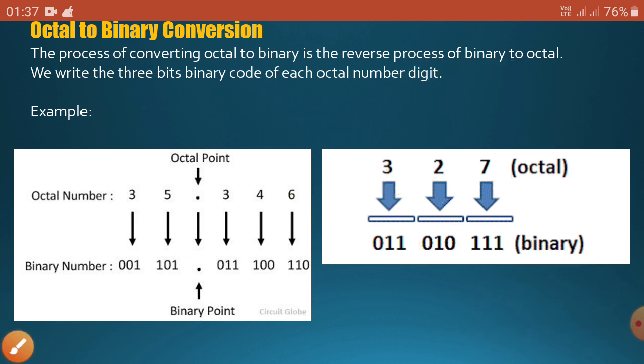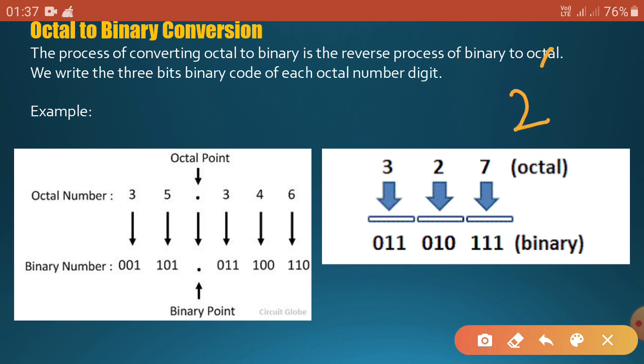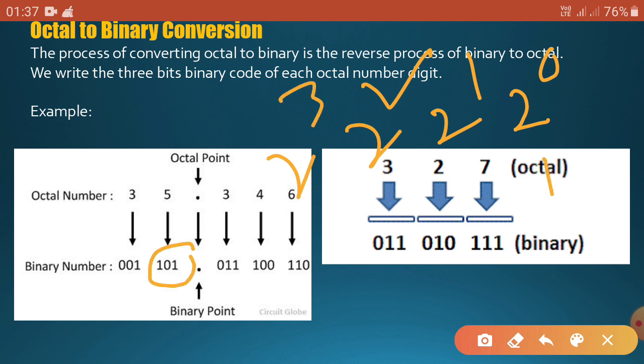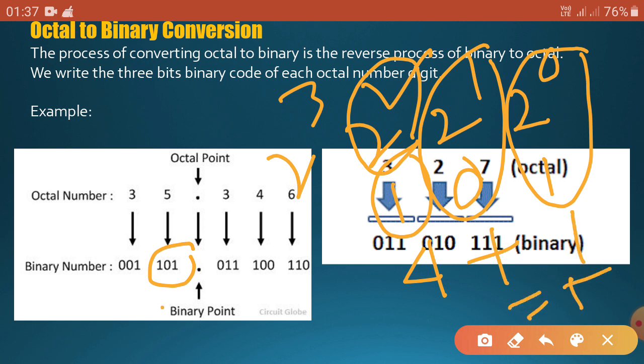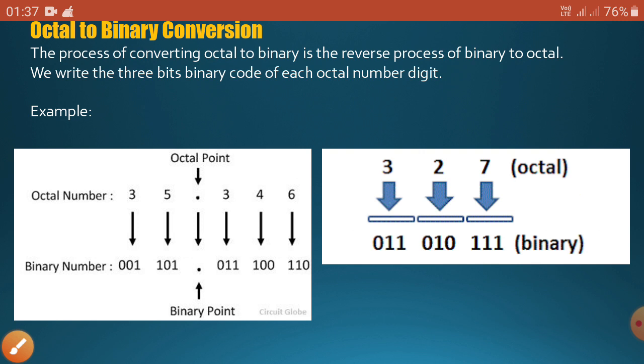Okay, suppose we write 5, so what will be the binary number? We have to write first the positional weights: 2 to the power 0, 2 to the power 1, 2 to the power 2, 2 to the power 3. Here it is 101. Look, 101. So the middle digit will be nullified. 2 to the power 0 into 1 means 1. 2 to the power 2 means 4 into 1, 4. So 4 plus 1 equal to 5. Okay, I will give you the table. So go to the next slide.